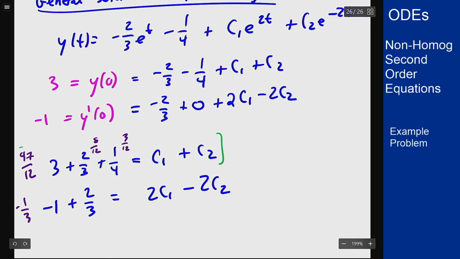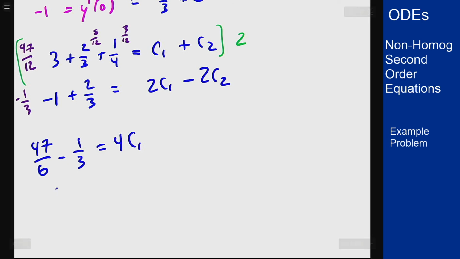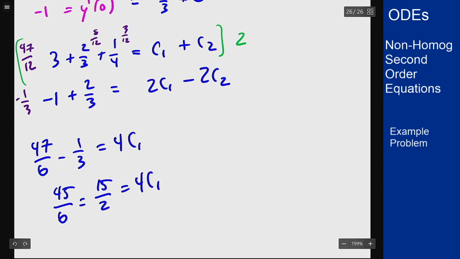I'm going to double the first equation and then add them to get rid of the c2s. If I do that, I will get 47 over 6 minus 1/3 should equal 4c1. This becomes a 45 over 6 or a 15 halves equaling 4c1, which tells me that c1 must be 15 over 8. Using the second equation here, which will tell me that negative 1/3 should equal 15 over 4